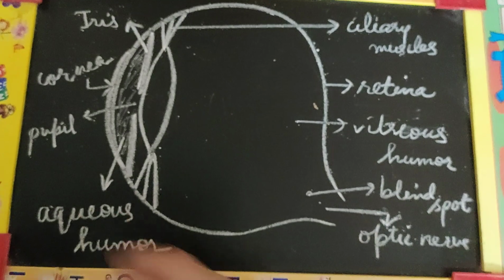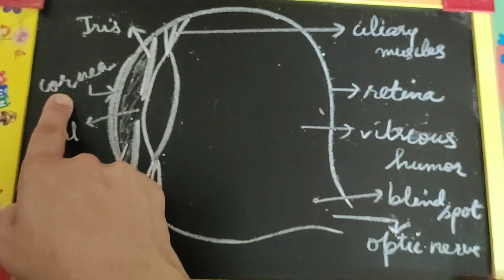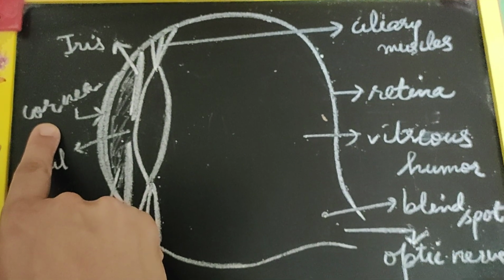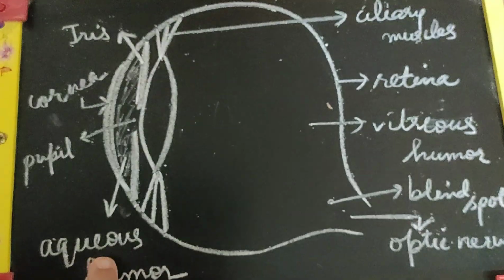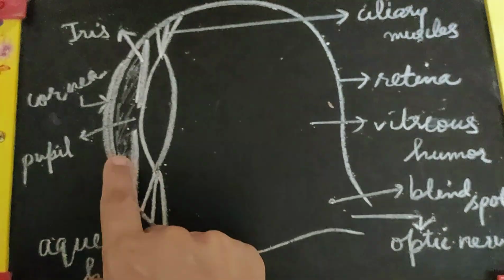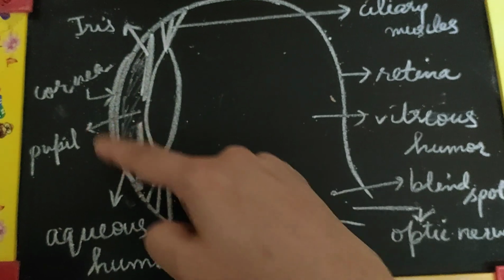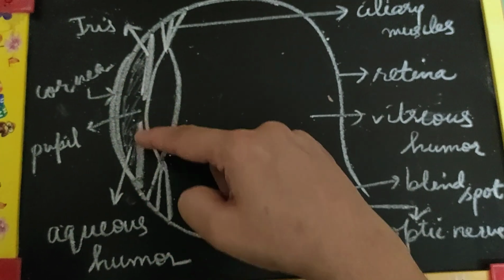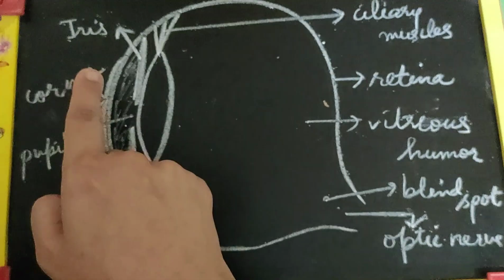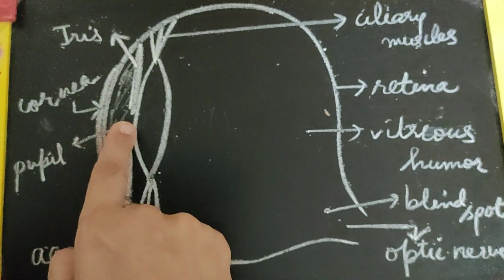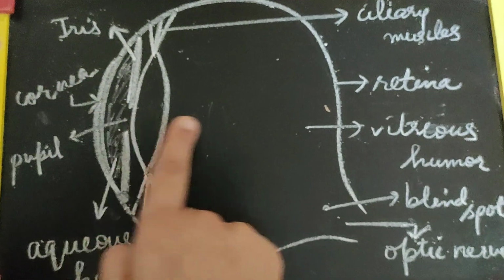I repeat, this is the front bulge of the eye, which is known as the cornea. Maximum bending takes place here. From the cornea, light passes through this transparent watery fluid called aqueous humor, which is here to provide nourishment to the tissues and supporting the shape of the eye. Then comes the dark muscular diaphragm called iris, which gives color to the eye. And in collaboration with this pupil, which is a hole in the iris, it controls the amount of light entering into the eye.